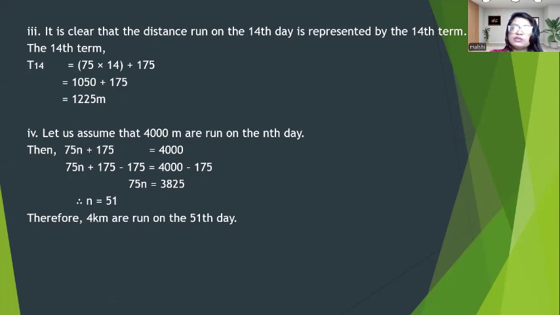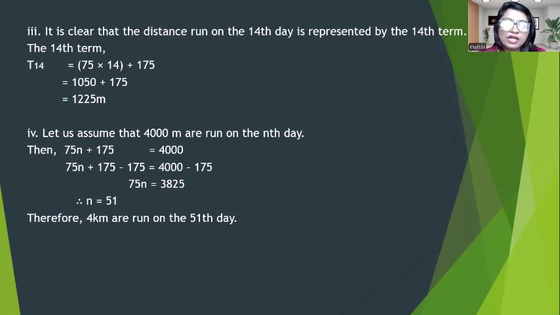Firstly, you can remove the 175 by putting the negative value, minus value for 175. Then you can get an answer: 75n equal to